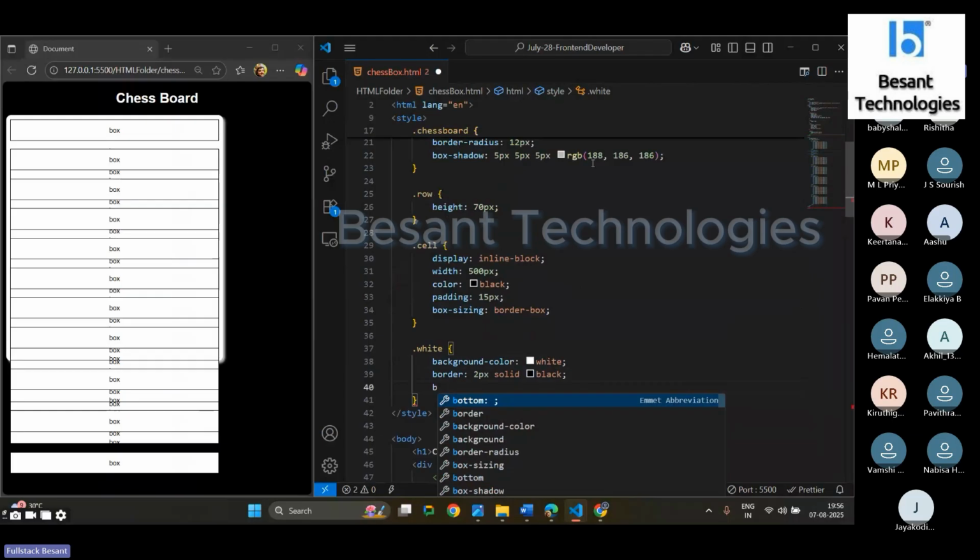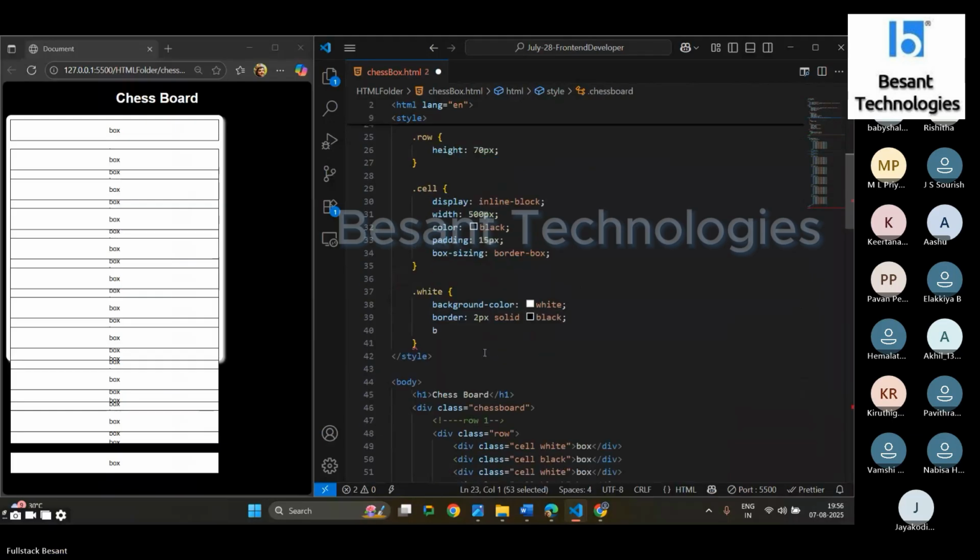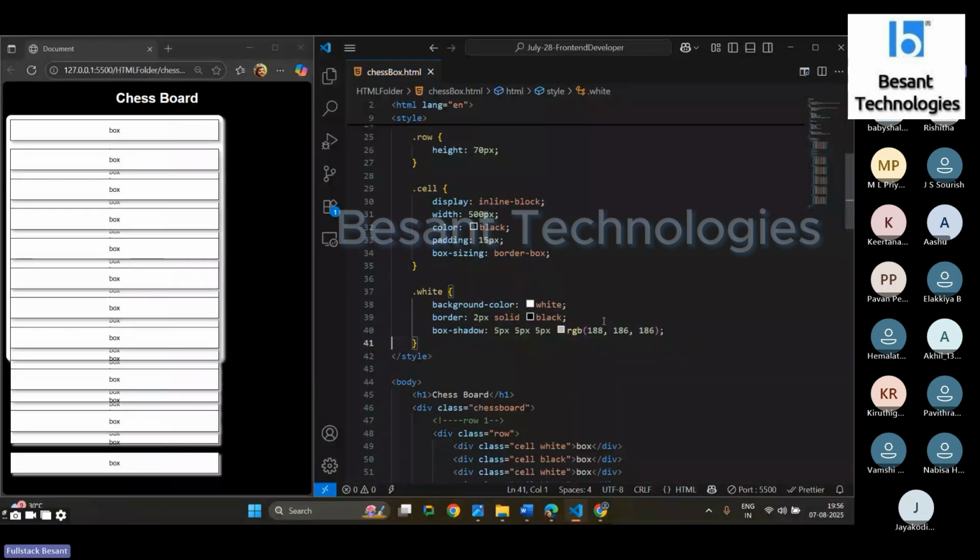We can add the box below. I think the height is mismatched. First, we can finish this and then just